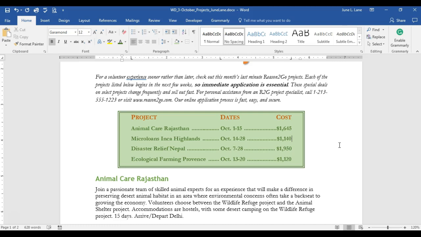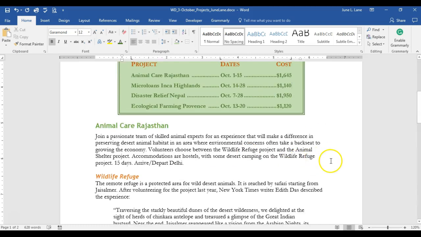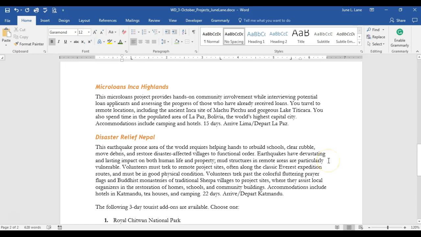All right. So your text calls it clip art, but we don't refer to it as clip art anymore. We refer to them as online pictures. So let's just scroll to the top of page 2. We're going to take the insertion point before the word microloan. So that's where my cursor should be blinking. And I'm going to go up to the Insert tab,